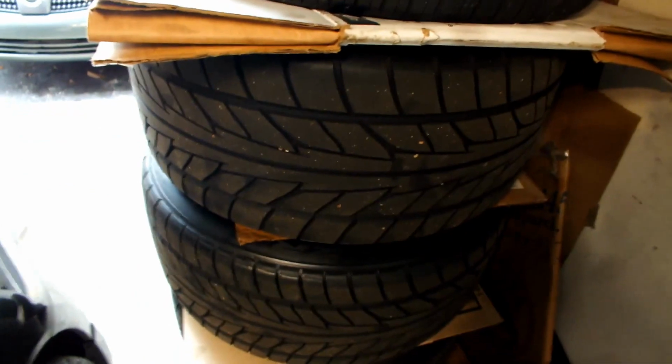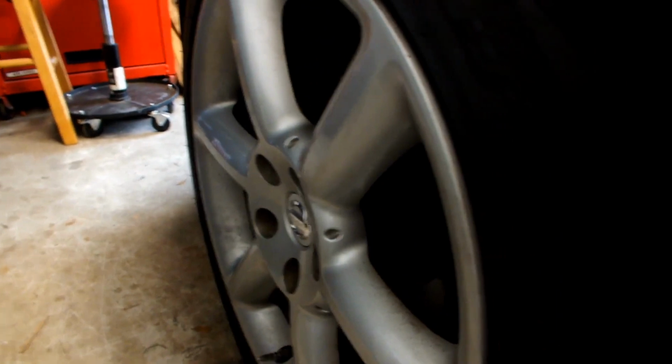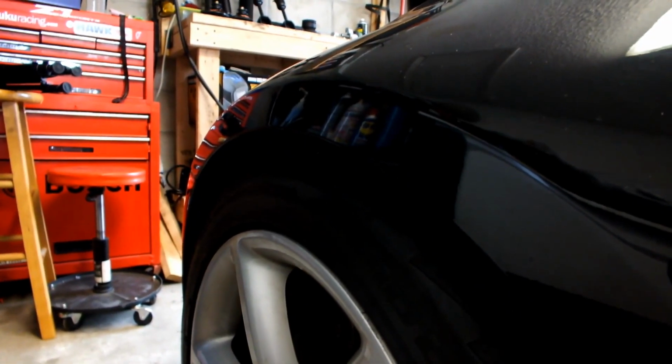I got them from a friend locally for a really good deal, and the reason why I haven't installed them yet is because my suspension is dragging. If you notice, my front is actually really low. What's supposed to be. Granted, I have spacers. There's 25mm in there, on all 4 sides, but